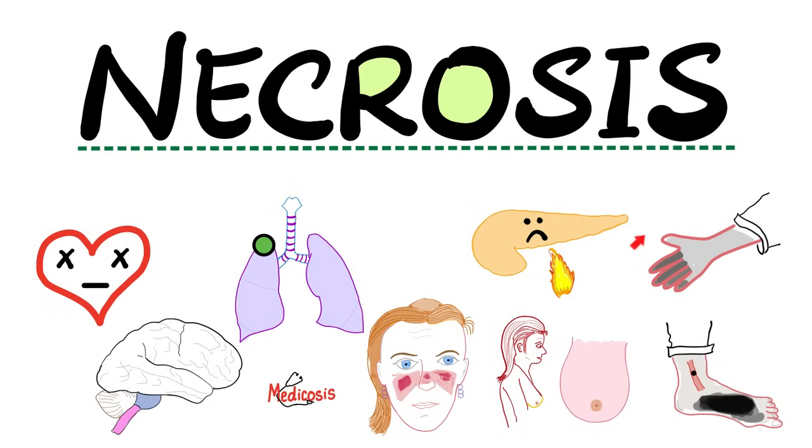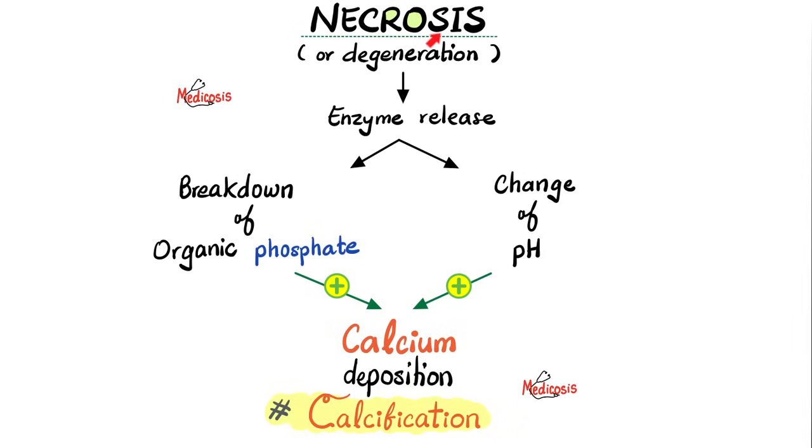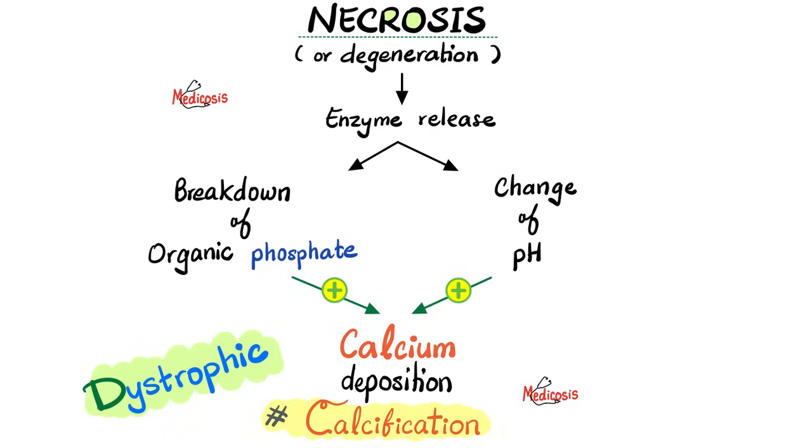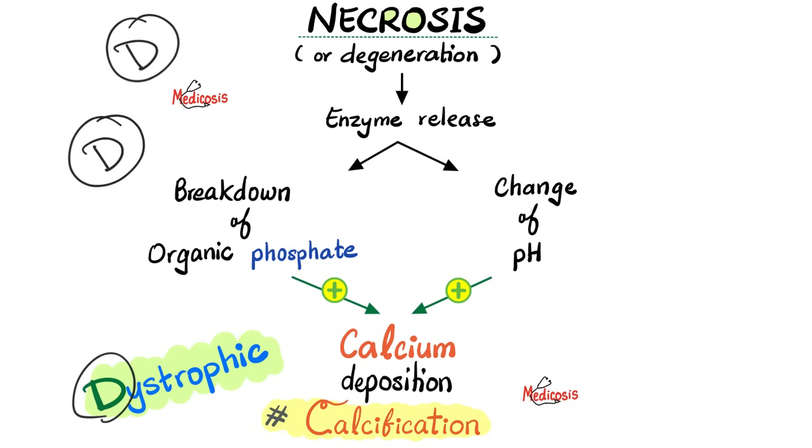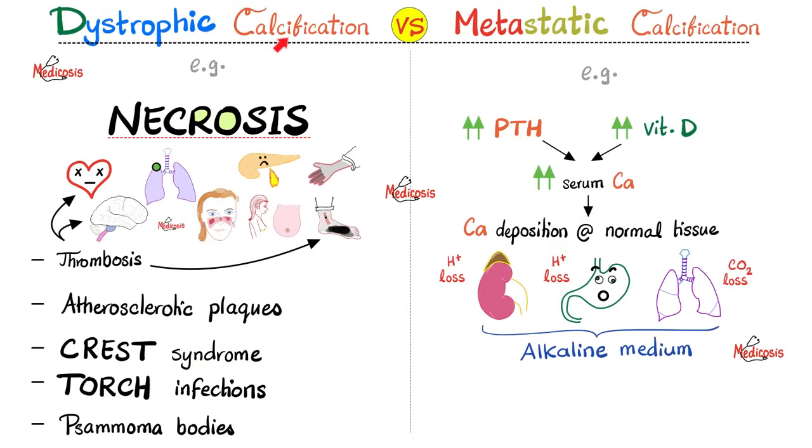So in cases of necrosis, what kind of calcification do I get? The answer is dystrophic calcification. How do I get it? This is the mechanism as we have discussed before. So what kind of calcification happens because of necrosis? It is the dystrophic calcification, because dystrophic calcification happens when the tissue is dead or when the tissue is diseased. Necrosis leads to dystrophic calcification, a local issue causing a local calcification.